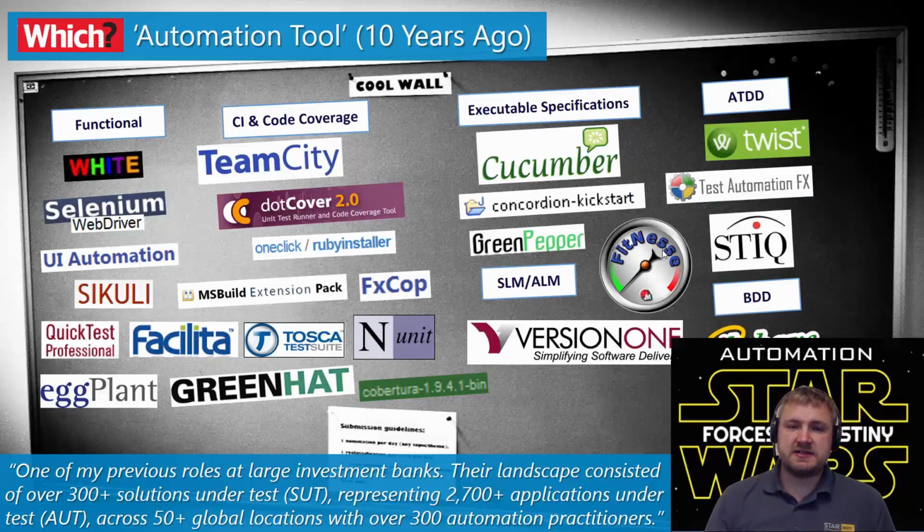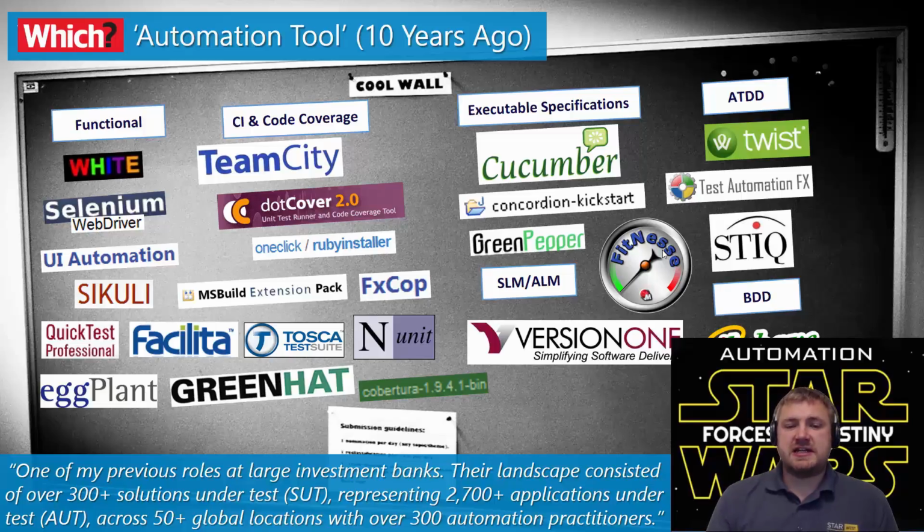So when I started my career in automation, I started with XRunner and then moved on to WinRunner. So that was in the kind of the late 90s. Now, about 10 years ago, when I presented at one of my first conferences, I looked at all the different tools that was actually out on the marketplace. Now, a lot of these have changed. Ironically, a lot of them no longer exist and have been consumed by another organization.